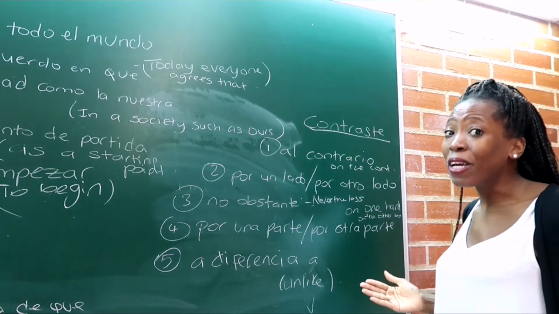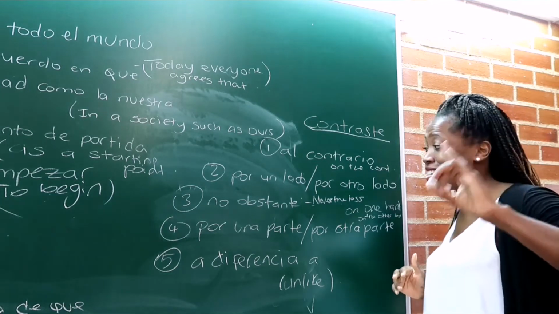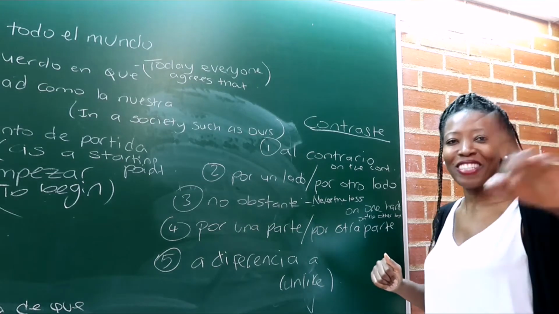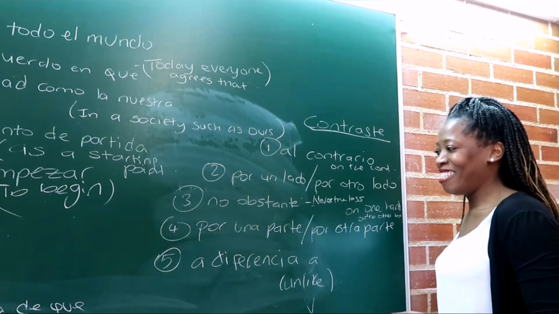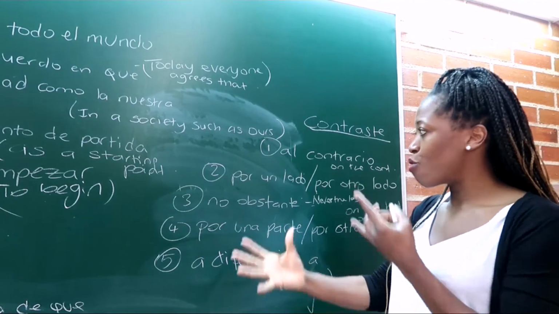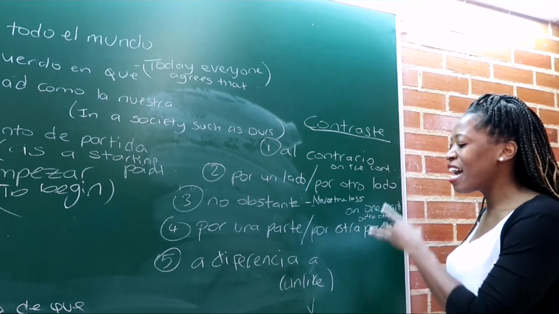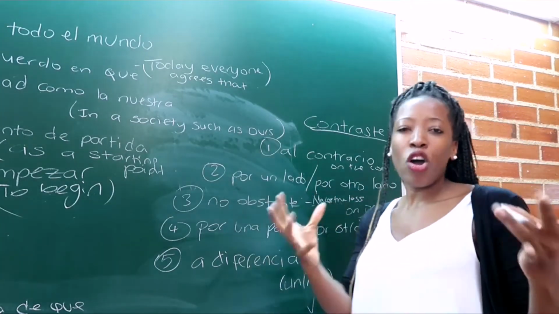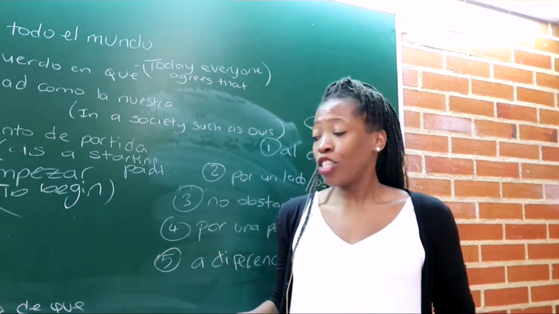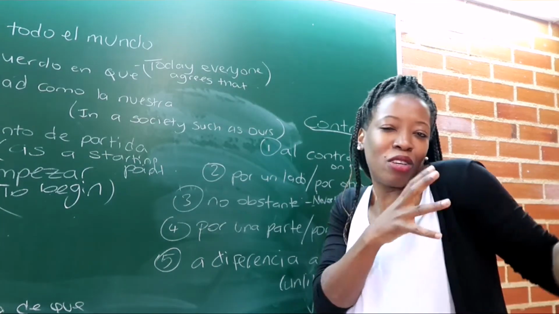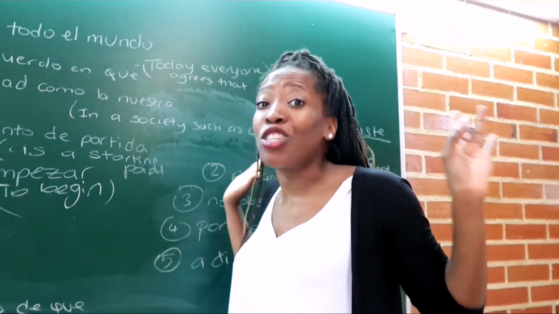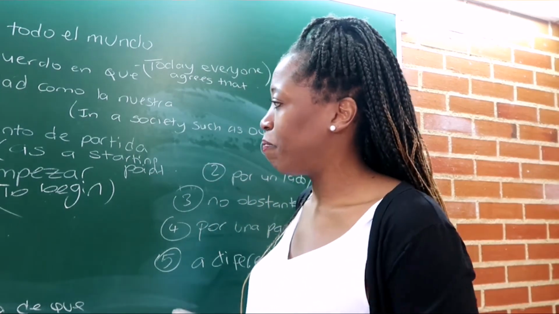You would have seen that because you get taught this at GCSE at least. Next, no obstante, what did we say that one was? Nevertheless. Nevertheless, indeed. Okay, and number 5, which is perhaps my favorite, to show contrast. A diferencia de. Okay, unlike. A diferencia de lo que has visto antes, so unlike what you've seen before, such and such. Okay? I love this one. If you don't like it, choose another. That's why I'm giving you variety here.